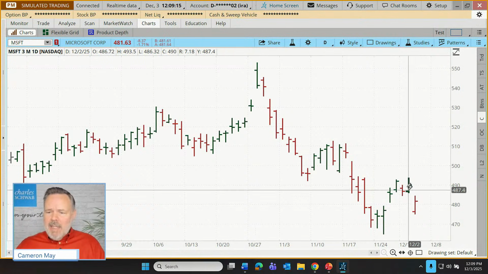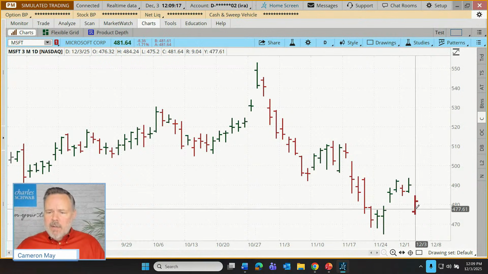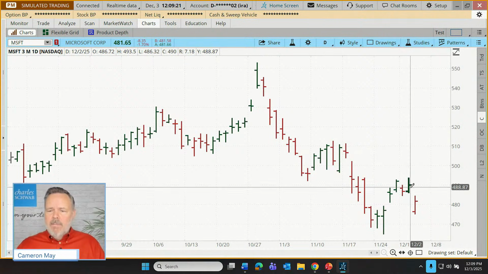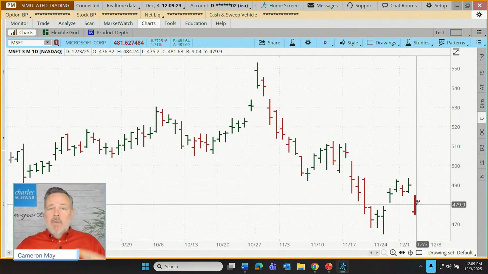So let's talk about how each of these bars is constructed. You'll notice here, let's look at these last two. We have a green one right here, and we have a red one, which is today's bar. Each one of these is constructed of 3 lines. There's a vertical line, and then there are 2 horizontal lines, one sticking out the left, the other one sticking out to the right. The vertical line is actually just showing us the change in the total range in price for the selected time frame.